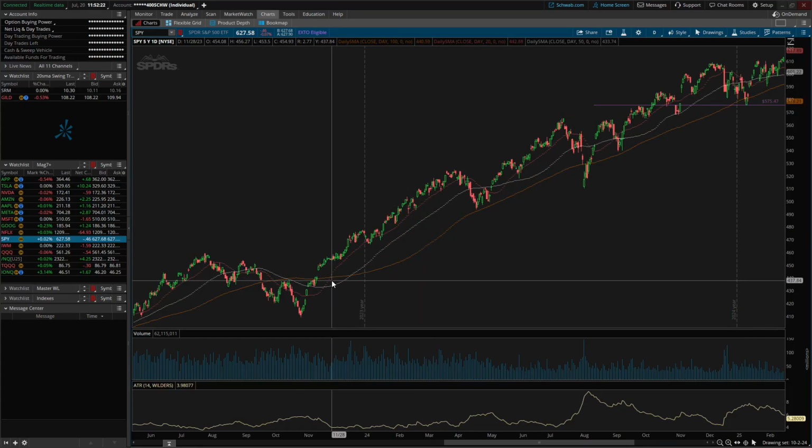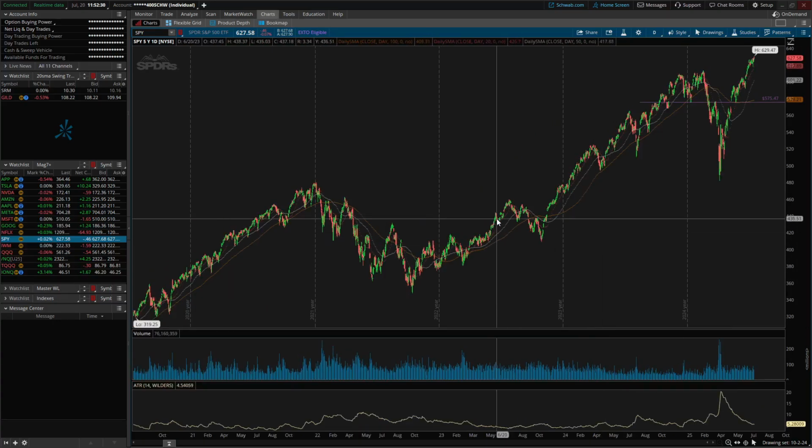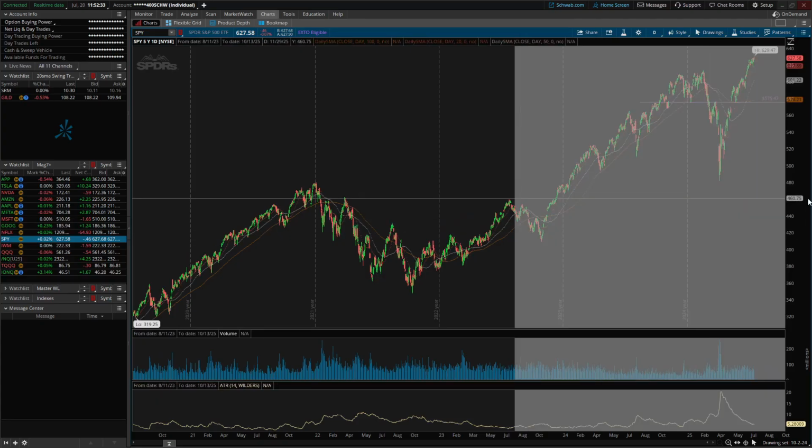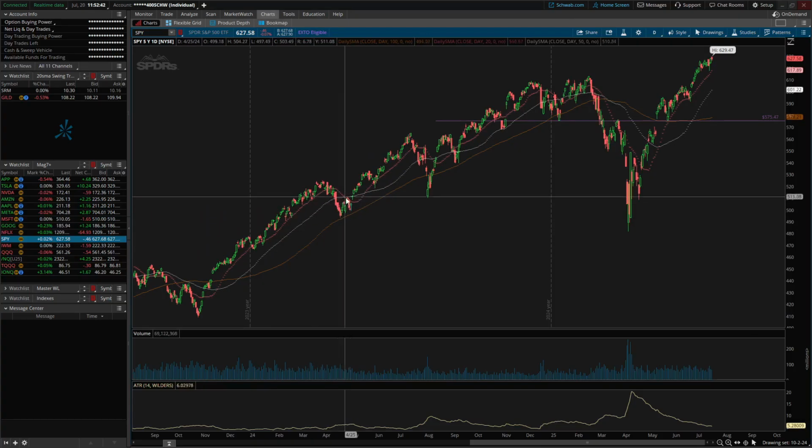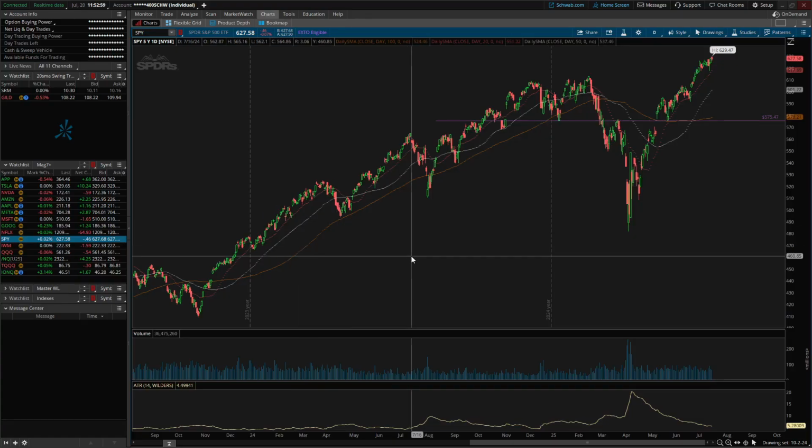There's almost always going to be some discretion with that, right? It's just a matter of how much you want to zoom out. If we zoom out here, it's even hard to see, but you're like, oh, the 20 is almost always rising, right? It's hard through these pullbacks to make an argument for rising there, but from left to right, it seems to go up until this giant pullback here. But anyway, when you're actually implementing a system like this, you can throw in your own discretion if you think that will be helpful. Just when we're backtesting it,